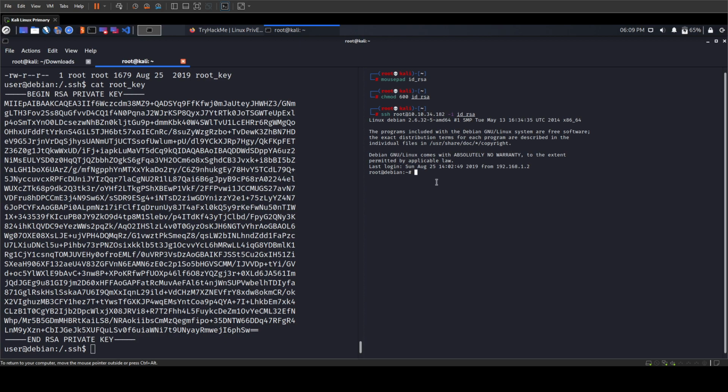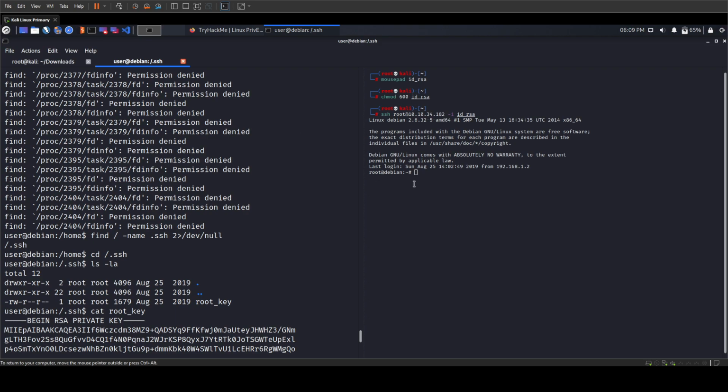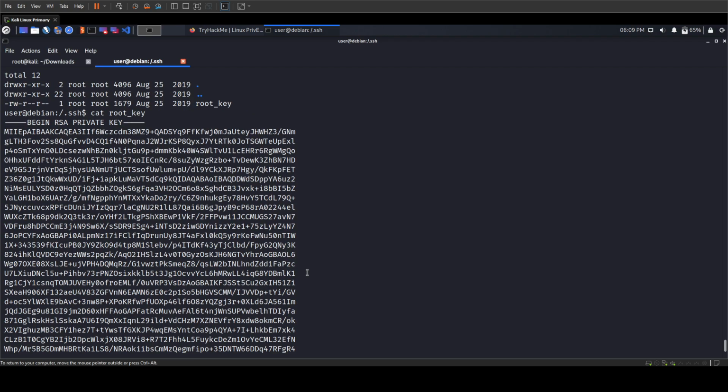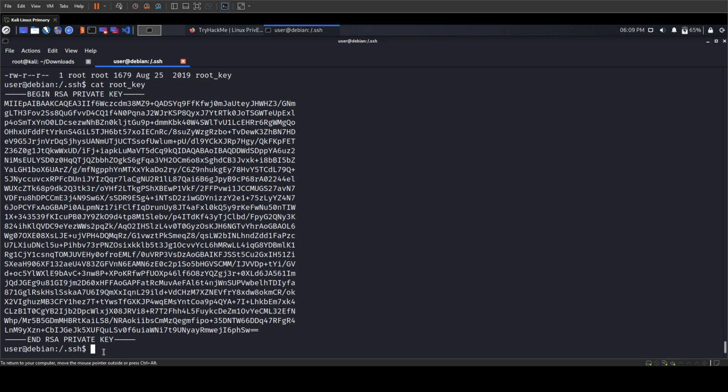So this is not it. These are not just the scenarios that are possible here. And as you may observe, all these things were found in one place and very easily. So that was for the sake of demonstration. In real life scenario, when you are actually solving a CTF or any machine, these things are usually hidden, and you will need to use your brain as well as some of the tools available, some of the utilities available